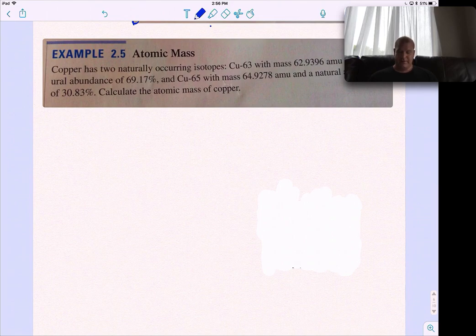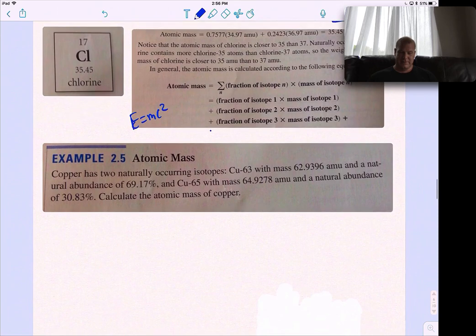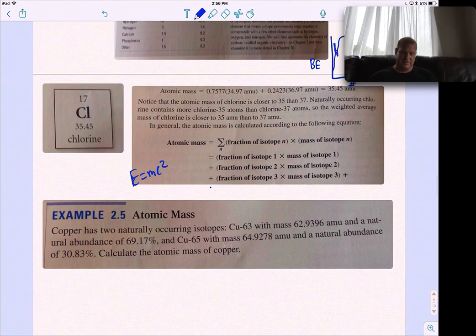The first mass is 62.9396, with an abundance of 69.17%. And the second mass, 64.9278, with a natural abundance of 30.83%. So let's use this equation then. The fraction of each isotope. So we have 69%, which is 0.6917 times the mass 64.9278